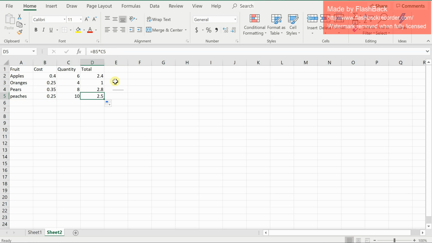Now, let's say that I wanted Excel to use a particular column or particular cell each time. So let's say I wanted to buy 6 of everything. What I can do, I'm going to say equals this cell